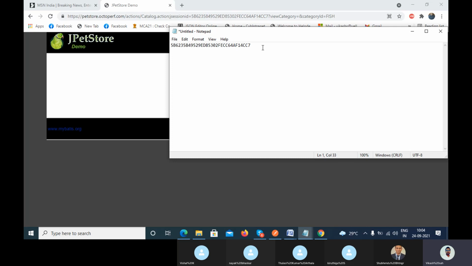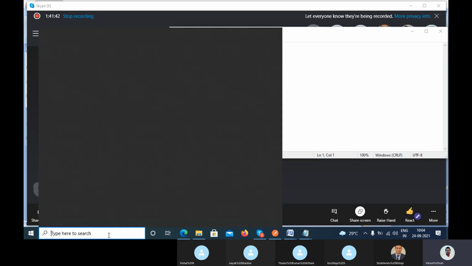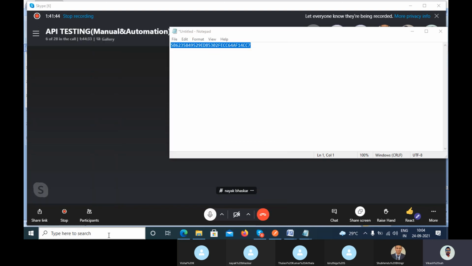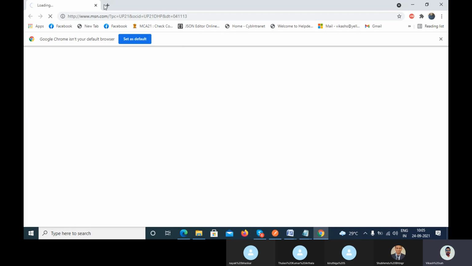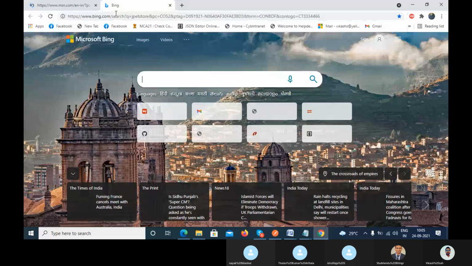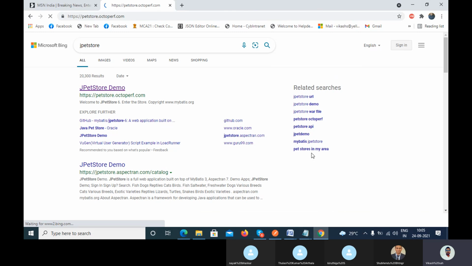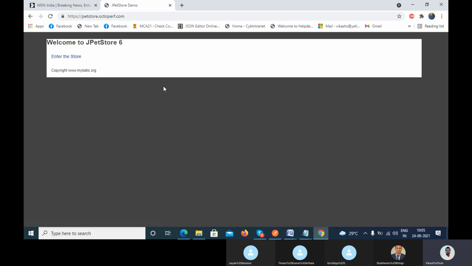You pasted it somewhere, right? This is your session ID for the first person. Let's suppose you close the browser, and the second person, let's suppose Rahul, comes and opens a new browser, and again does the same thing, the Jetpack Store. He opened it in an application, right? So this browser will check: is this the same session ID or is it a different browser?